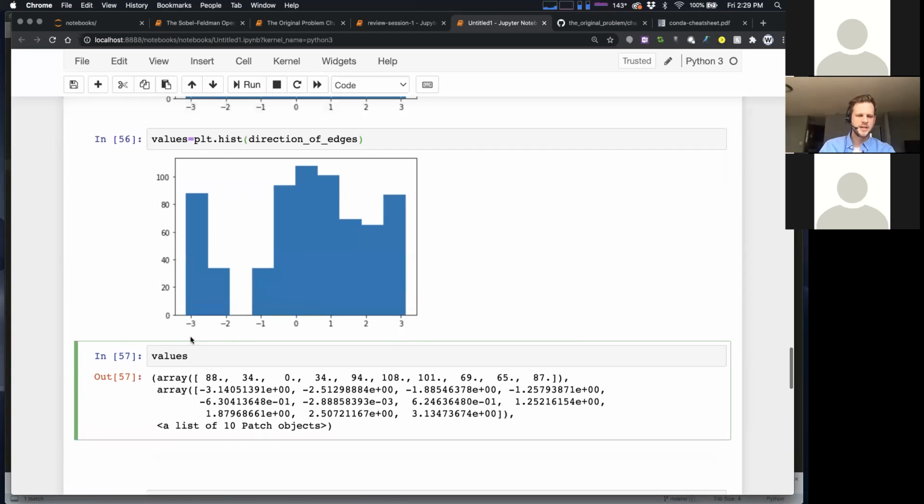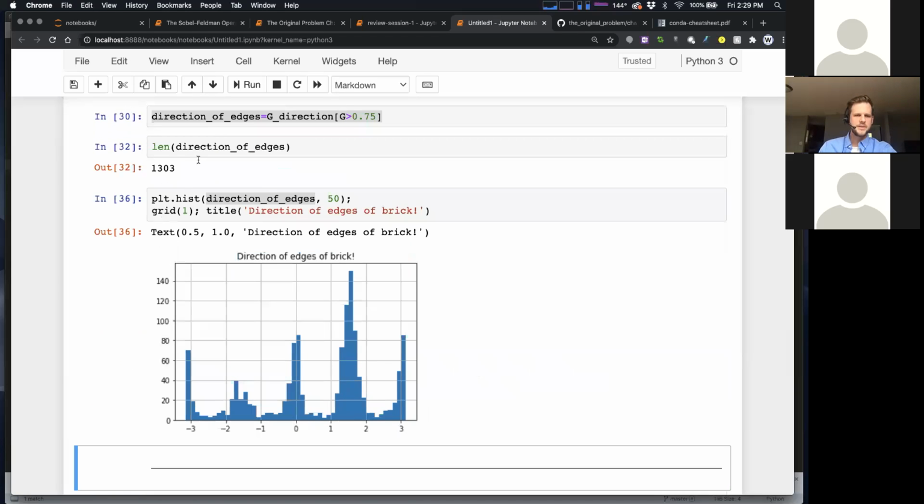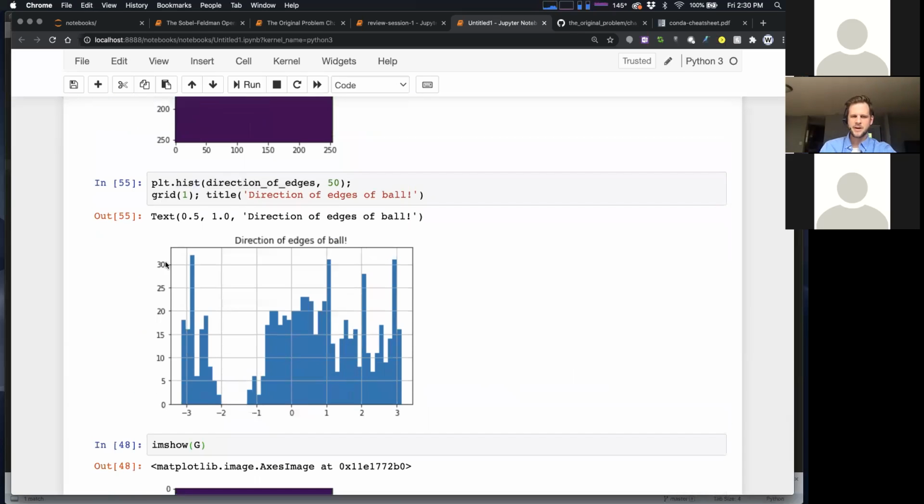You might have to look at the documentation, but what I'm really getting at here is that this function can also return the value of each of these spikes to you, and you might be able to use that value. Like, you could just do a threshold. You could say, okay, if any of these bins is greater than 100, because if you look back here, none of these are greater than 100, right?